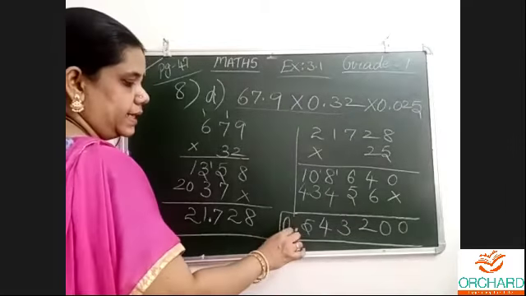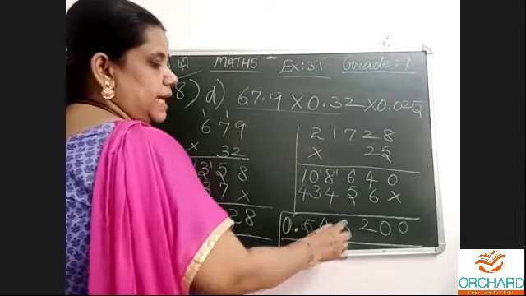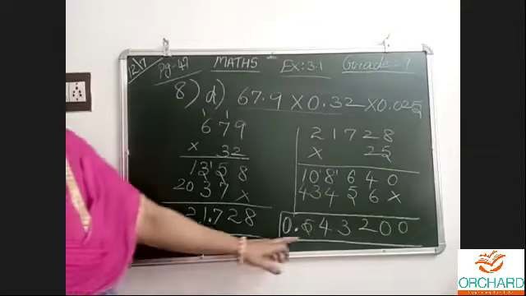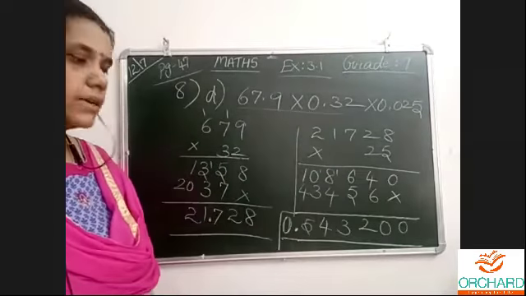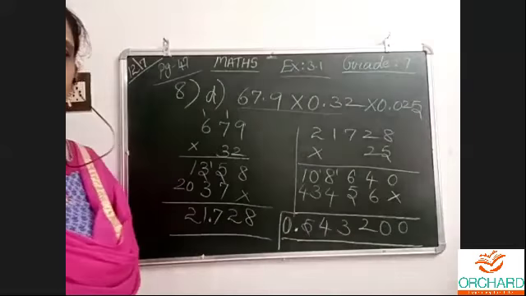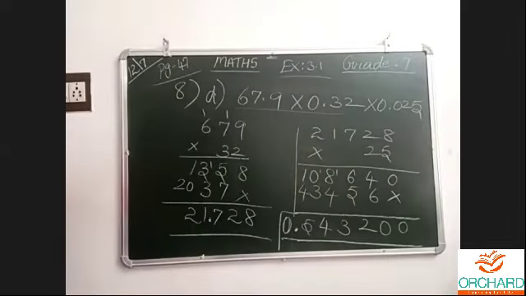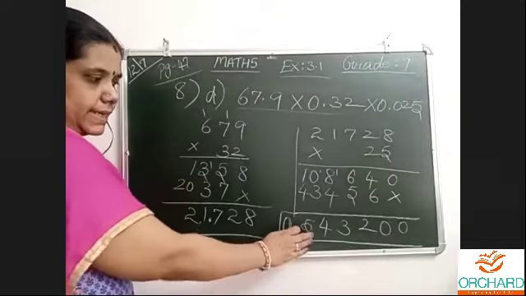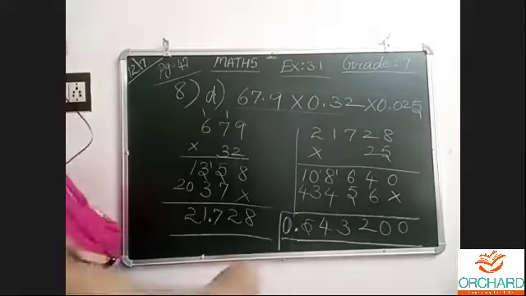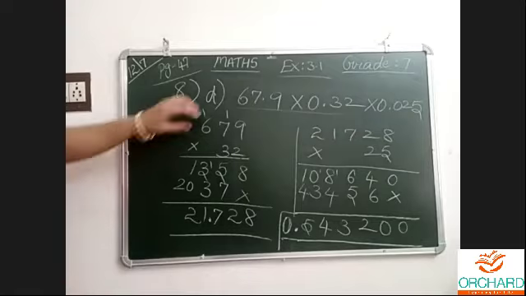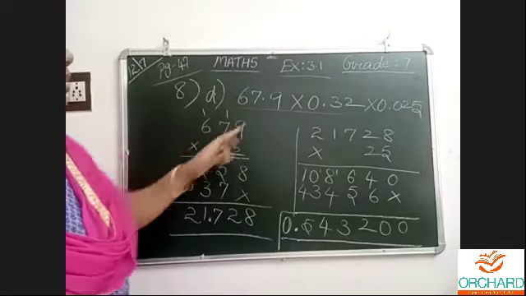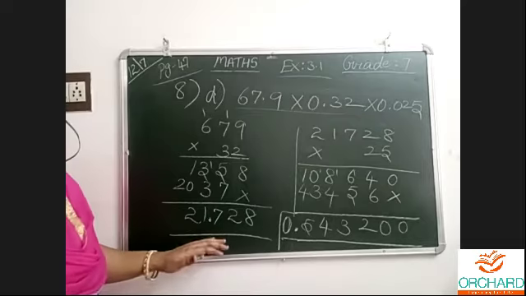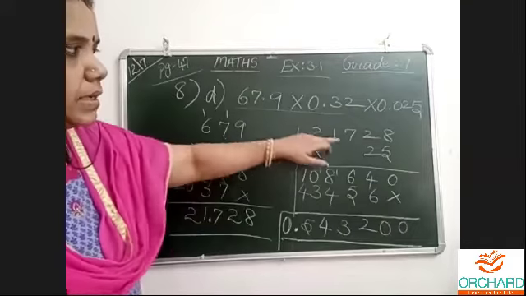For reading: 0.5432000. We can say 0.543. Like that we can stop up to 3 decimal places. This is our answer. Only at the ending place do we keep the point. After getting this, take and write is equal to, and only then should you keep a point. So first number, second number, we did the multiplication, got the answer, and I wrote this number here.